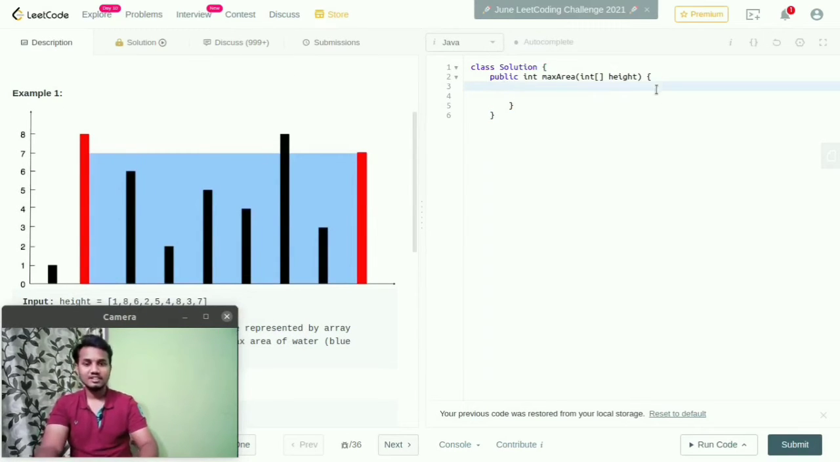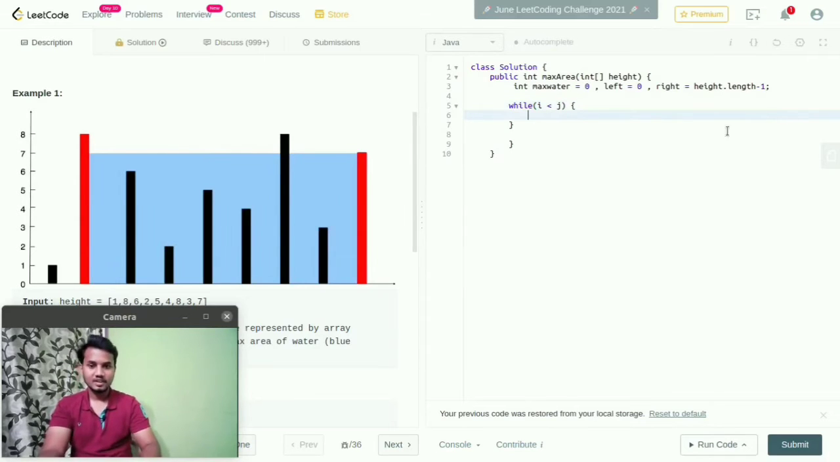Here first we need to create variables. Int maxWater, I am initializing to 0, and I am creating a left variable, also initializing to 0, and right, which I am initializing to height.length minus 1. Now, instead of a for loop, here we can directly use a while loop: while left is less than right. If left is less than right, then